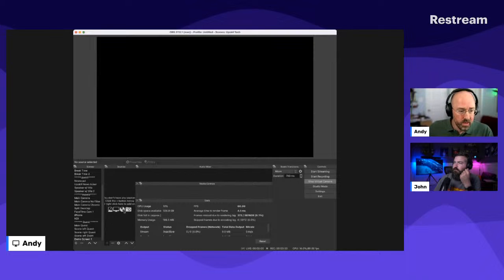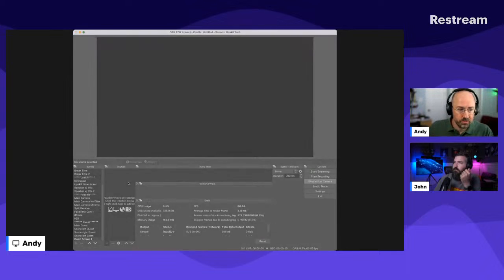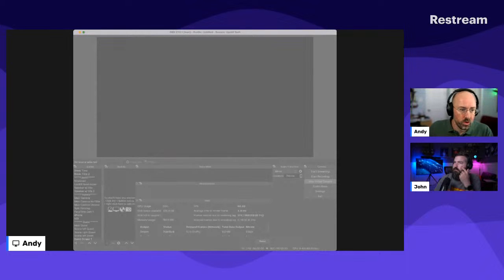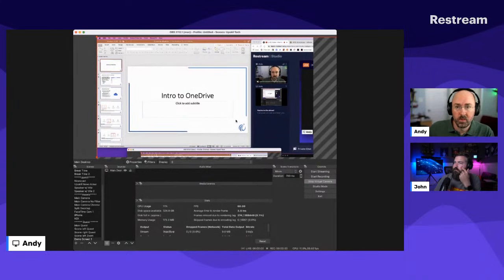And so I can go into OBS, and it doesn't show like the full window, but I can go in here and I can say like, I want to bring in a display capture. And it's going to ask me, well, what do you want to bring in? I'm going to say, well, I just want to bring in like my main desktop. And so that brings my desktop in. And so it shows me like my whole desktop.